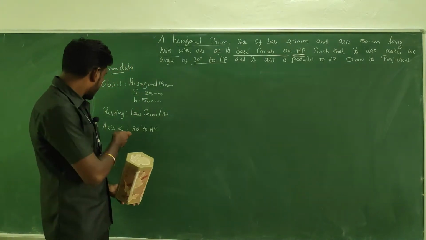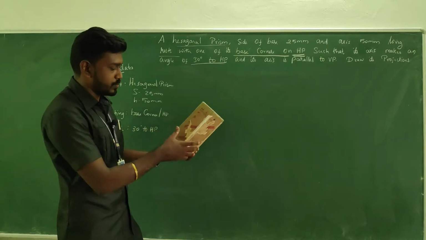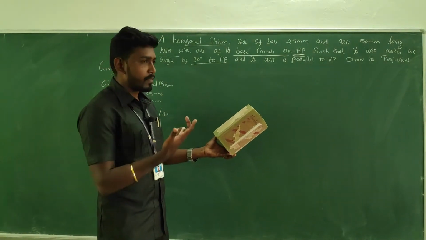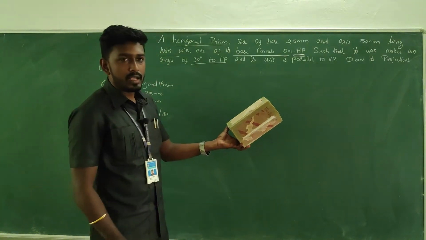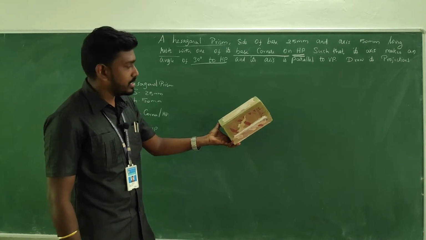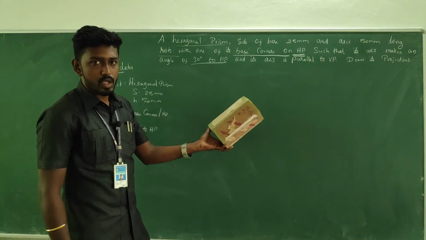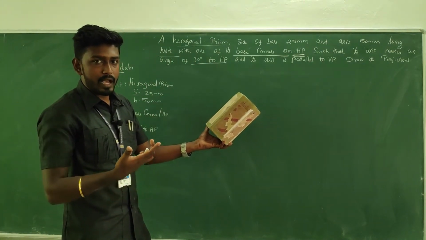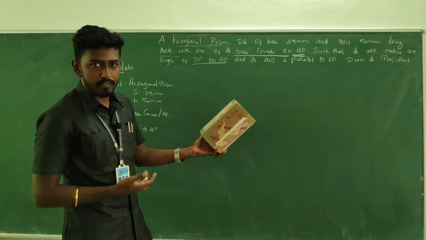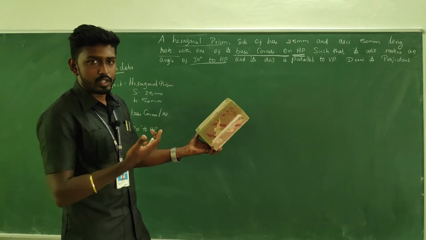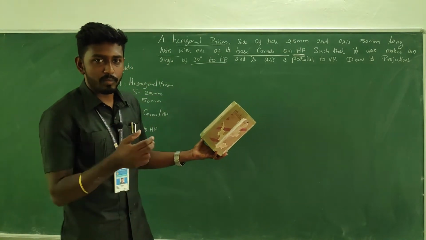The axis is inclined 30 degree to HP. So we are well familiar with the position when the axis is inclined to HP, the object position will be something like this. Now it is made parallel with VP. The condition is satisfied. The position is something like this. We are familiar that when the solid's axis is inclined to any of the planes, we cannot get the true shape in the observation. So the prediction of the final front view and final top view is going to be a challenging one.